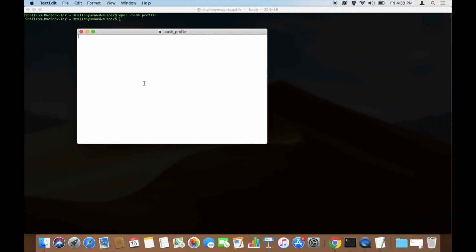The way we write the export keyword is export, in small letters, and then a variable, for example JAVA_HOME, and then here you set the path of your bin or any software executable file or library. So it contains the path statement.